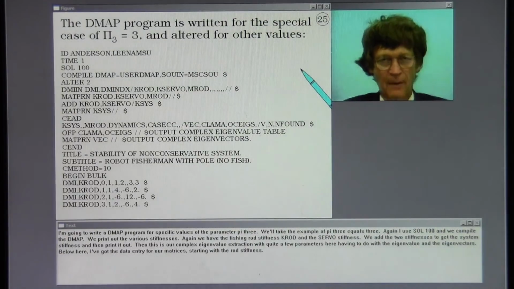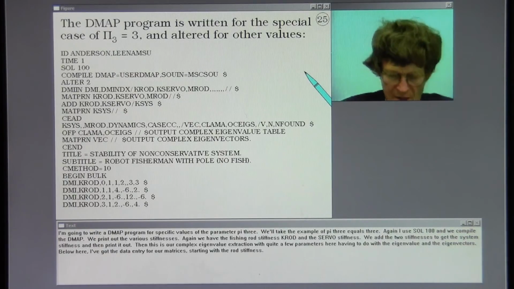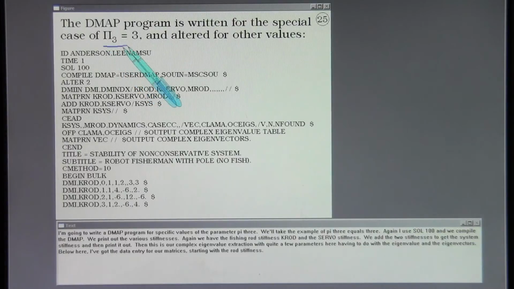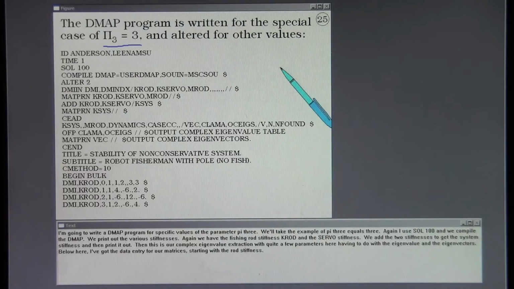I'm going to write a DMAP program for specific values of the parameter pi 3. We'll take the example of pi 3 equals 3. Again, I use Sol 100, and we compile the DMAP. We print out the various stiffnesses. Again, we have the fishing rod stiffness, K-rod, and the servo stiffness. We add the two stiffnesses to get the system stiffness, and then print it out. Then this is our complex